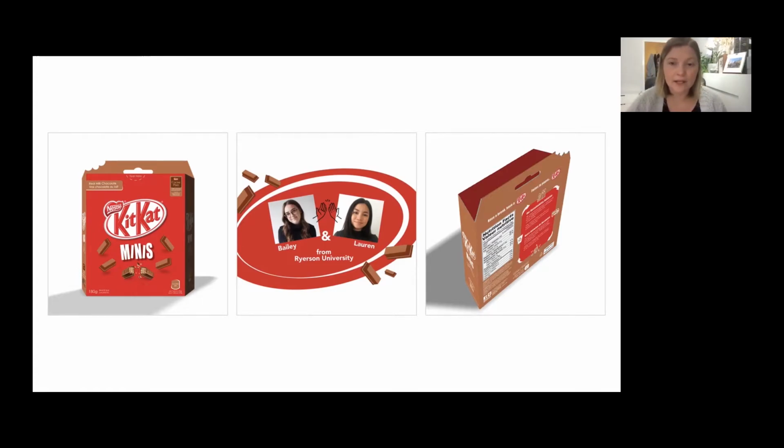And so the one that I run is called Ride Pack. And basically students are really interested in packaging. And so this is an example of things that students interested in packaging might accomplish in our program. So this is Lauren and Bailey, and they created this mock-up for Nestle and Kit Kat through an organization called PAC. So they're like an industry association that we're connected with, and they submitted it for competition.